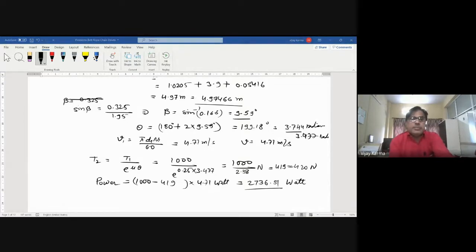Now for maximum power transmission, I will share the document. It's a very simple derivation. You read that, and after that solve more problems on it. But this is how you have to solve the problem. This is the procedure, and I find it good: note what is given, note what is to be found, and what relations we have, then find them one by one.